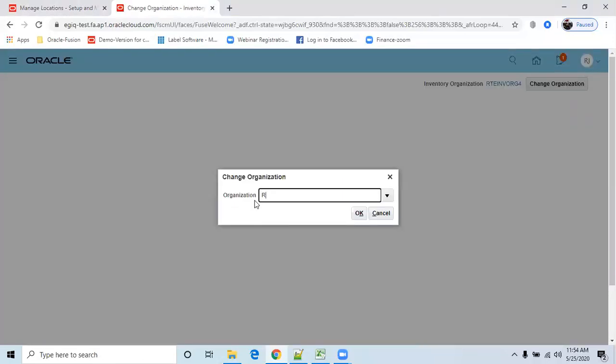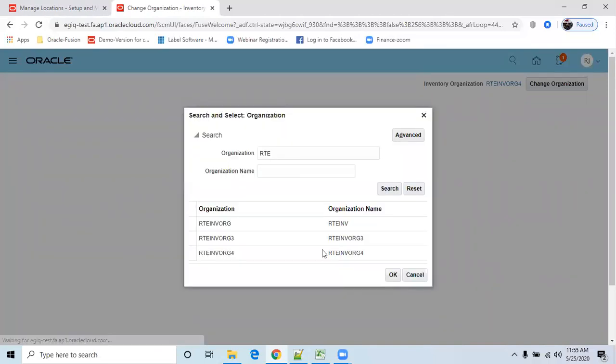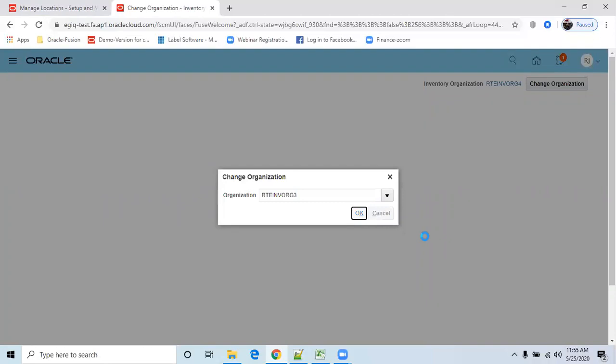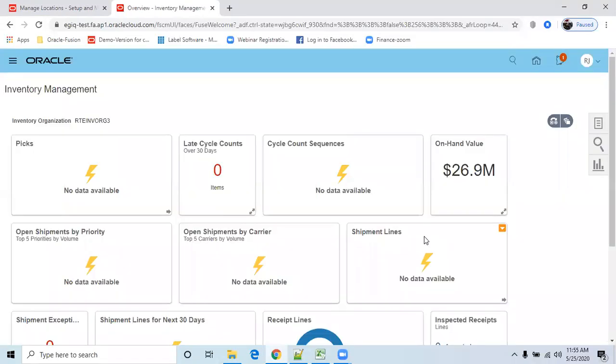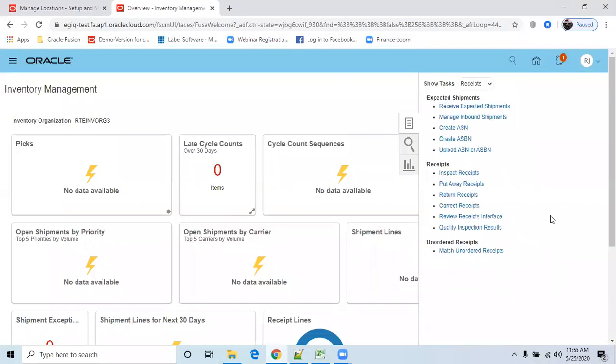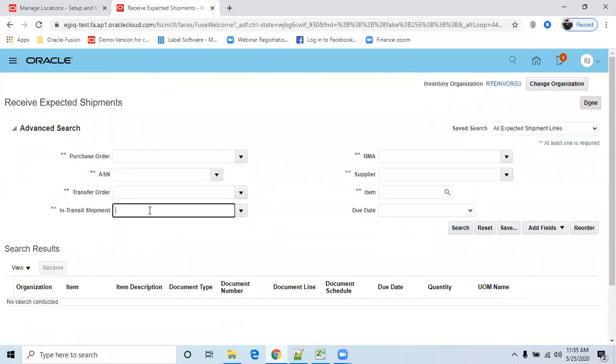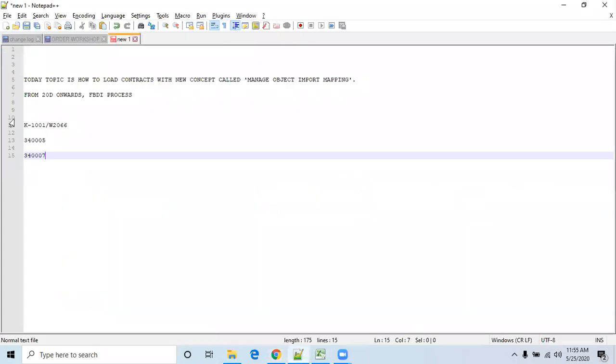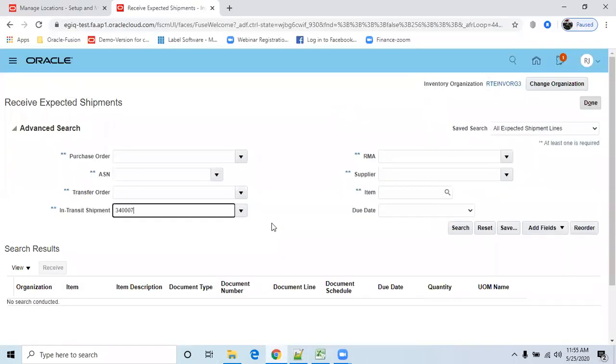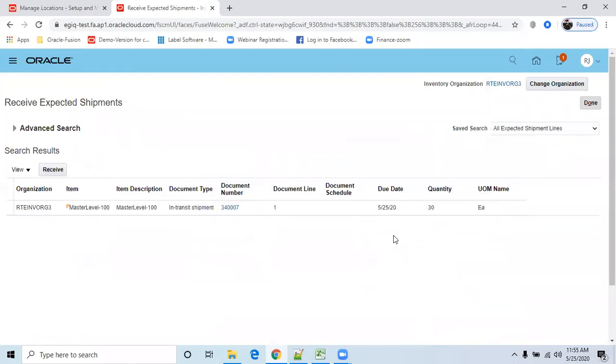So destination is RTE ARC3. Click on OK. So go back to receipts, expected shipments. Now provide the in transit number. Our in transit number is this one. So click on search.